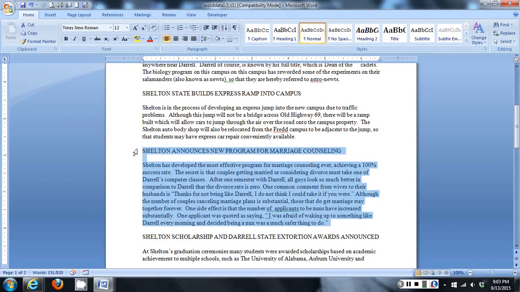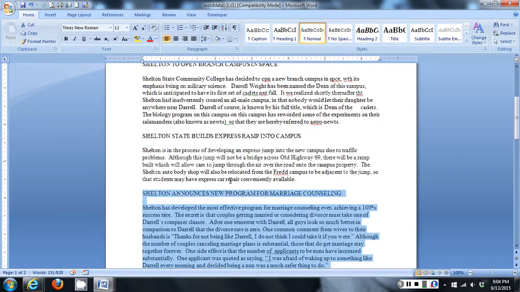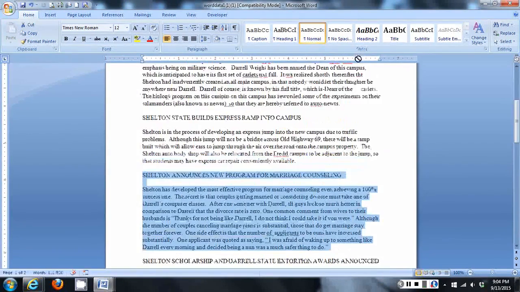Or you can use the Shift key, click to the left of Shelton, hold down the Shift key, and click to the right of the last word in the paragraph, and that'll do the same thing. So either or. Now, as for moving the text, you can do one of two ways. You can click and drag the text,